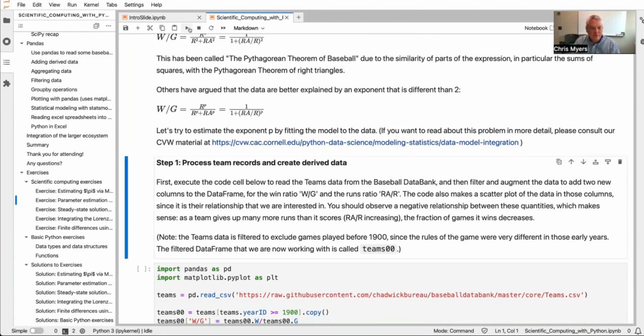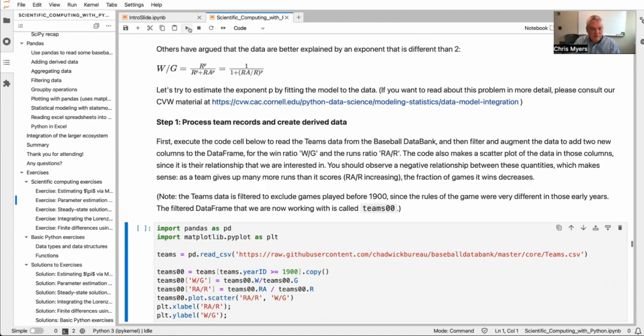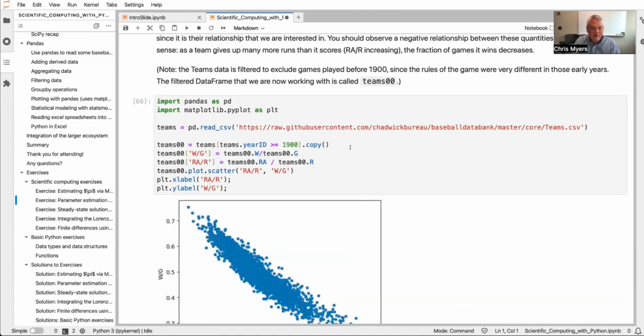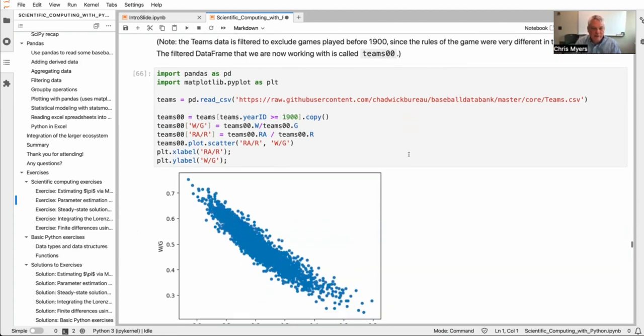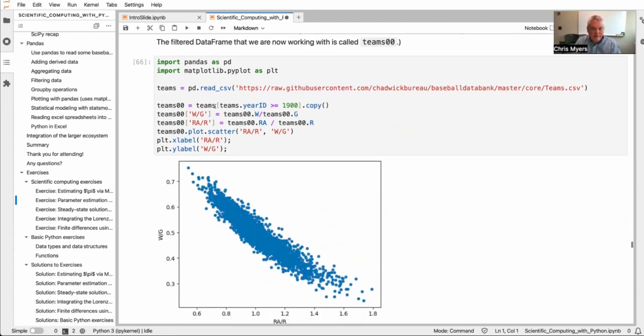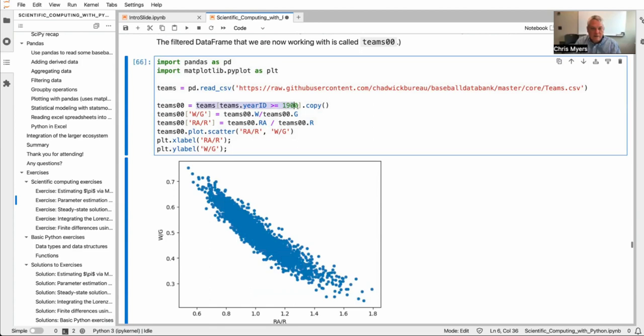So there's a few steps here. The first step, you can just execute this code cell here. This is just reading in, not the teams database as before, but now we can read in the batting database. Now we can read in the teams database. And I'm doing a little bit of filtering. I'm actually just looking at the teams that